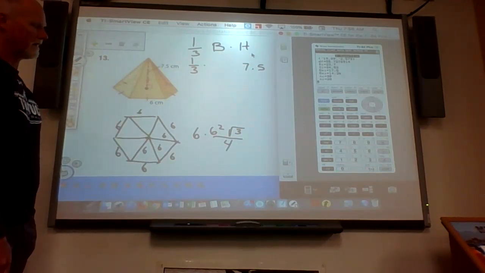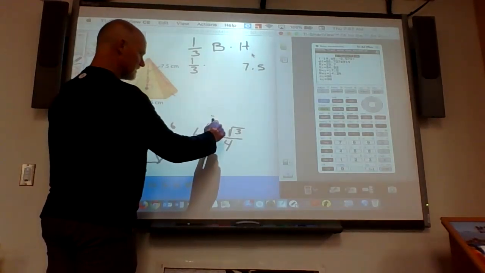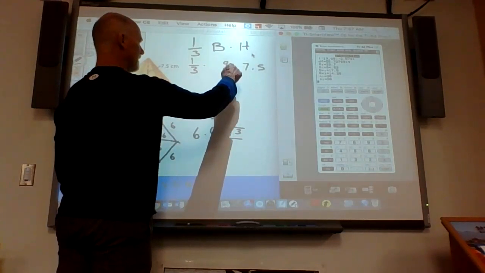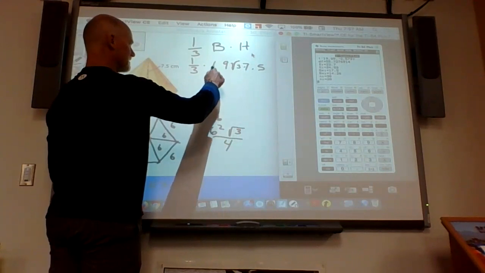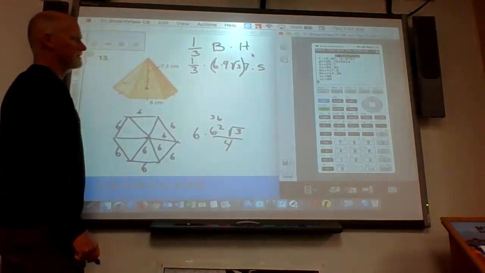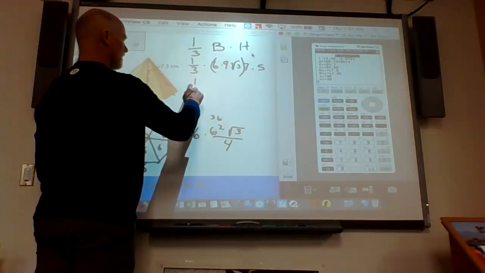So understand that, know that. 36 divided by 4 gives me 9 radical 3, and then times 6 to complete the area for the base. And so we're going to have 1/3